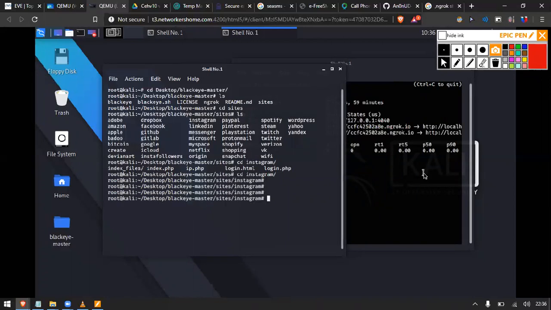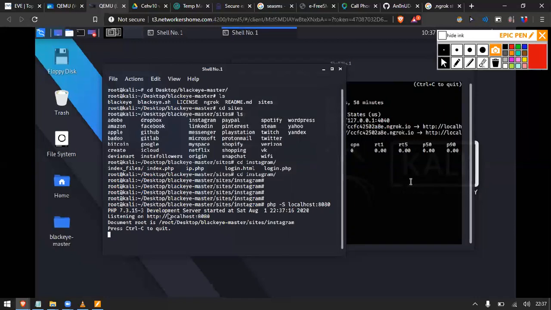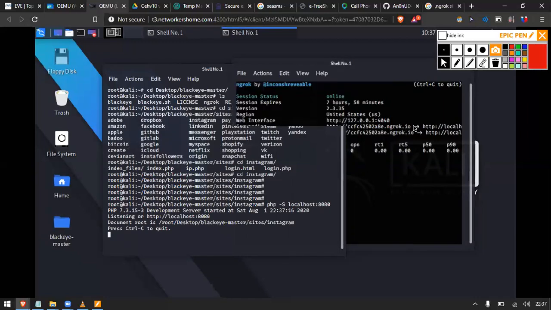Now when I'm in Instagram, I have to set that my PHP server will be locally hosted. Locally hosted in the sense, on my machine. This will be bound to the ngrok website, so that ngrok can grab this website from my machine. Sorry, it's a virtual machine, that's why there are multiple things. Localhost colon 8080. My 8080 port will be working for this. So it's currently listening on 8080, and what you have to do is simply copy this.